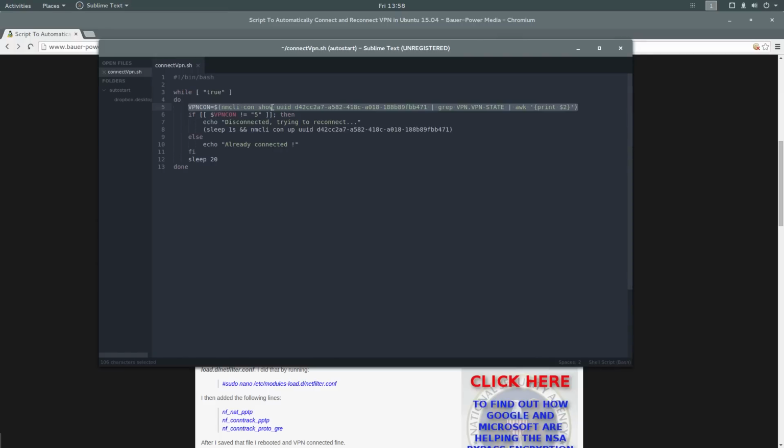The way it knows which connection we're talking about is based on this unique identifier here. His unique identifier that he used in his blog post is different from ours, so in a second we'll replace this unique identifier and this one with ours for our London VPN. If the state is not equal to 5, which I presume means connected, then that means we must be disconnected, and so it's going to try and reconnect the VPN or connect for the first time in the case that we just started our computer, otherwise it'll print already connected, and then finally it waits for 20 seconds